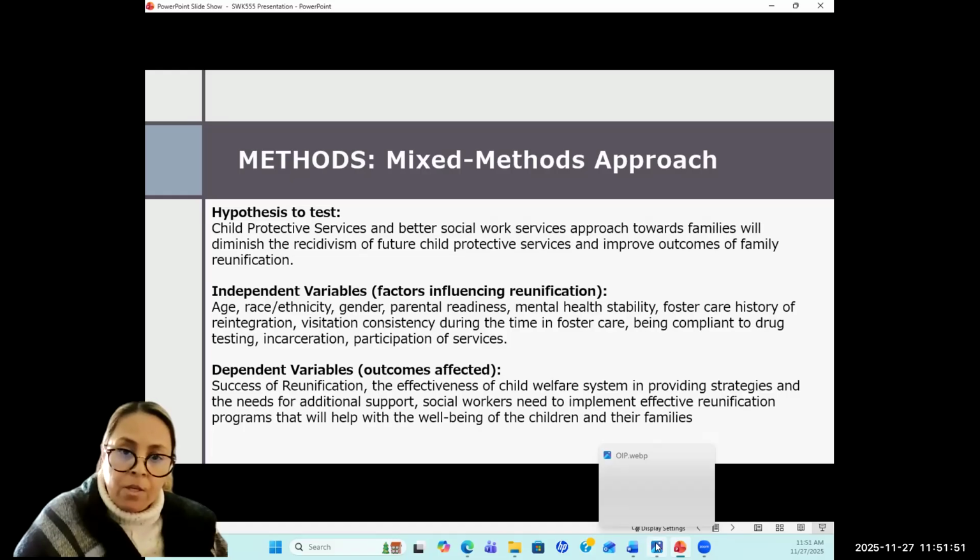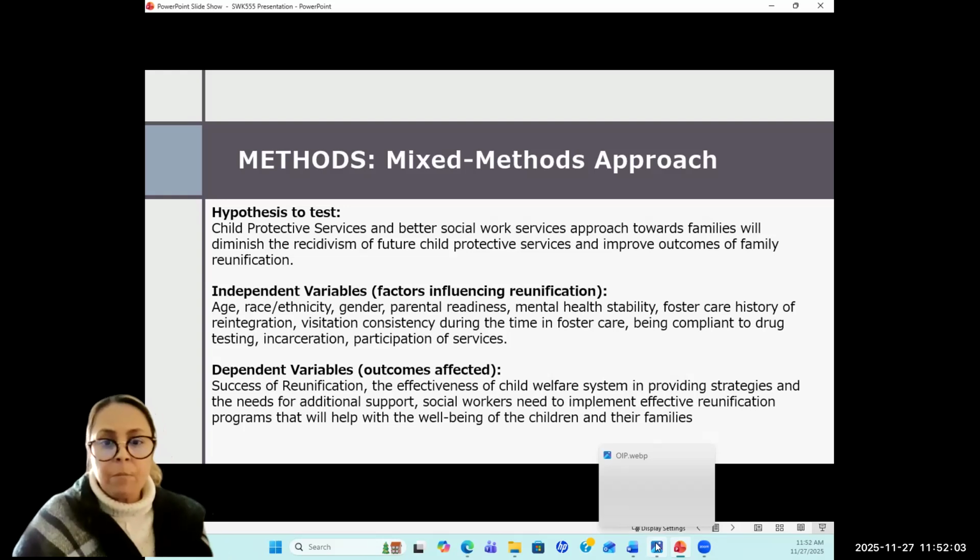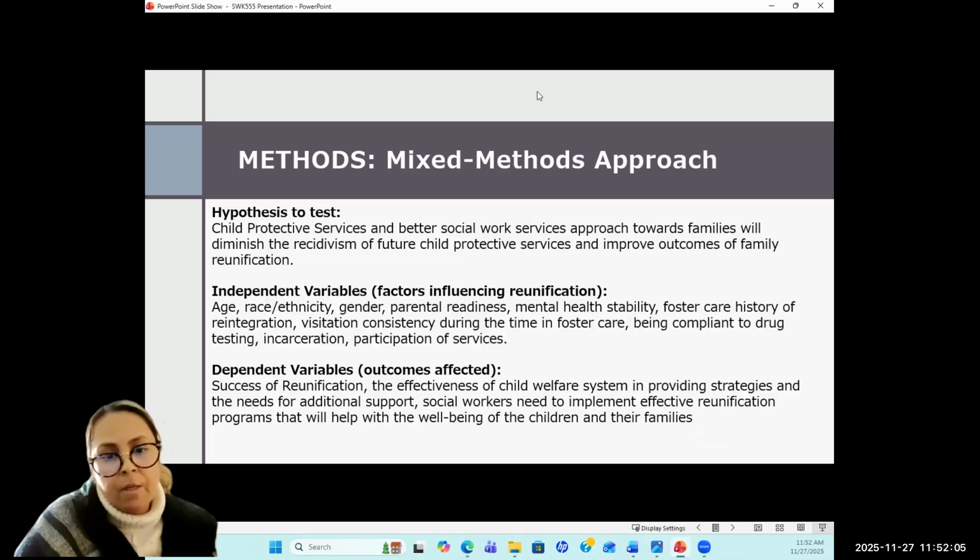These will be outcomes depending on how they are able to succeed. And ultimately, reunification is the priority of the child welfare system. Permanent placement of that.